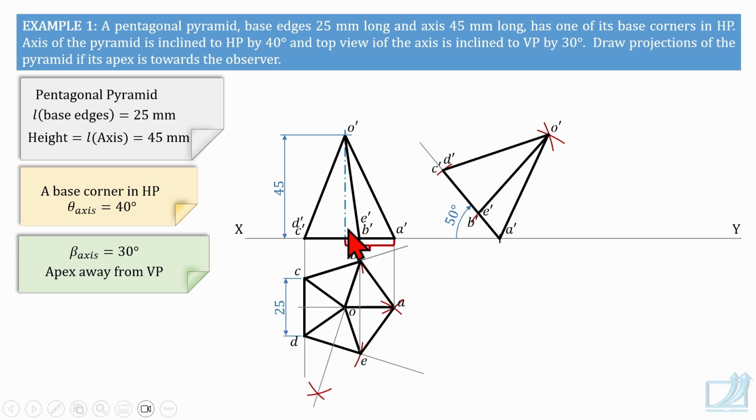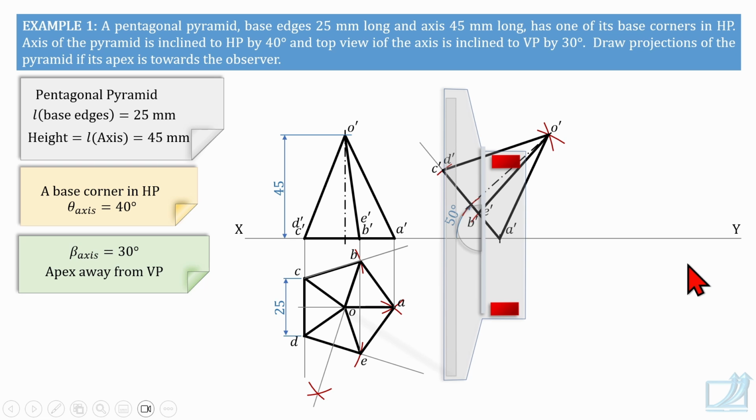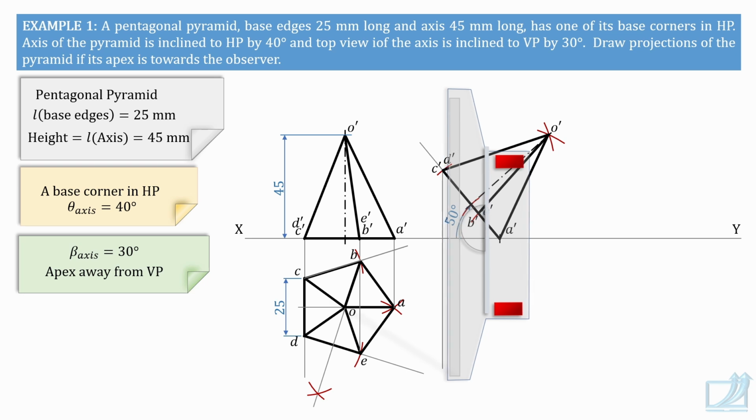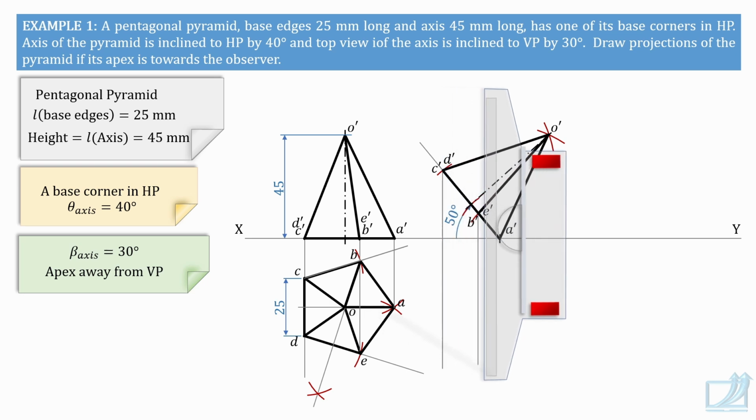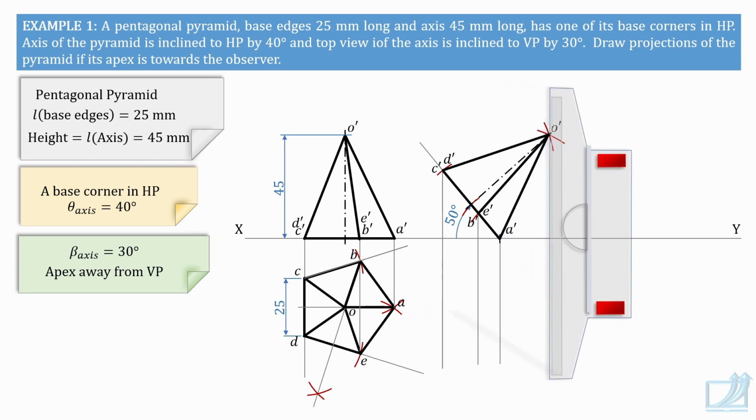Here now I am transferring the axis. So the lowest point on the axis is nothing but the center of the base. Take that distance from A dash in compass and transfer here, and then complete the axis. Now from all these points, draw projectors. So set the roller with the first vertical line on paper, then roll the roller, and from C dash D dash, in fact from all 6 corners, 5 base corners and apex, you are drawing projectors. Now from E dash B dash, now I have drawn the projector from A dash,